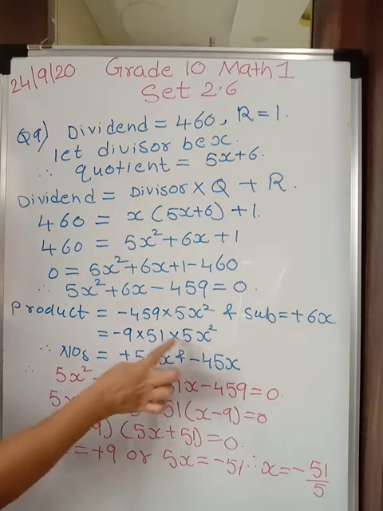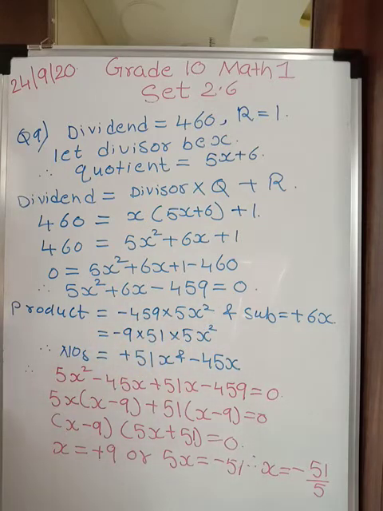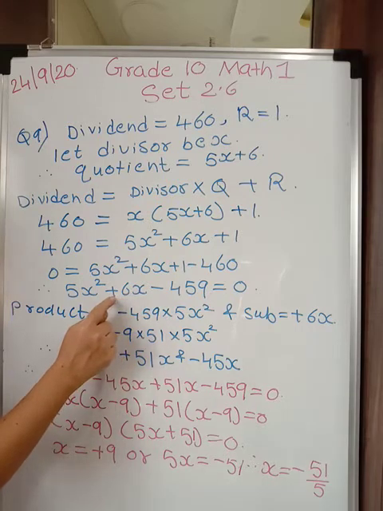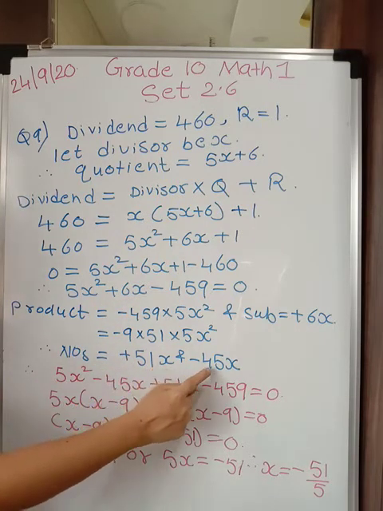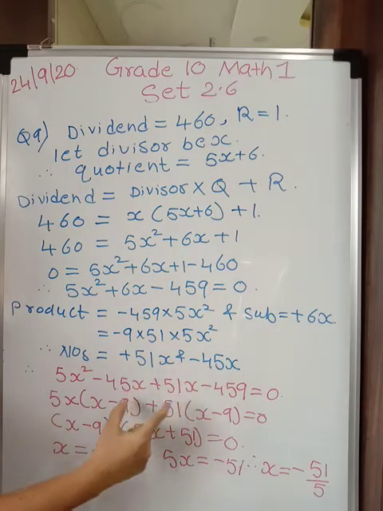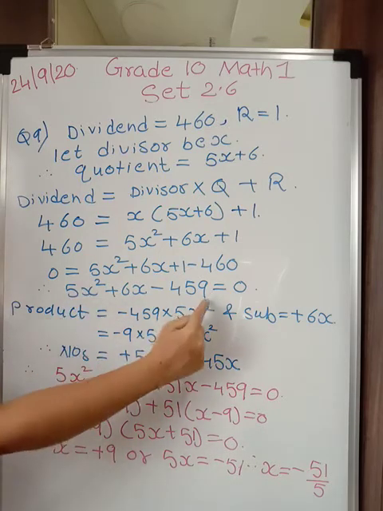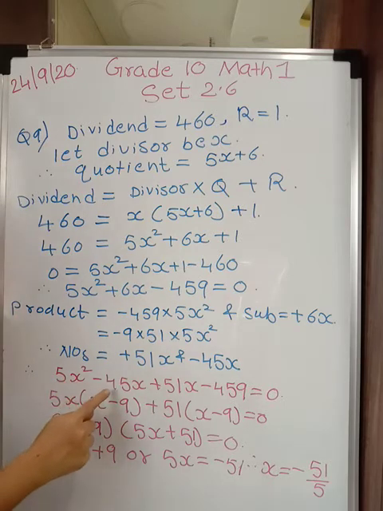So you get two numbers whose difference comes out to be 6. Look here, 9 5s is 45 and this is 51. 51 minus 45 is nothing but 6. So you got the two numbers. But the bigger number should have the plus sign. So your numbers are plus 51x and minus 45x. So let us substitute this over here in this equation. We get 5x square minus 45x.